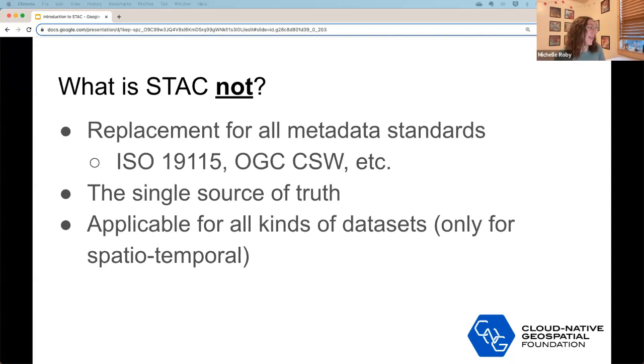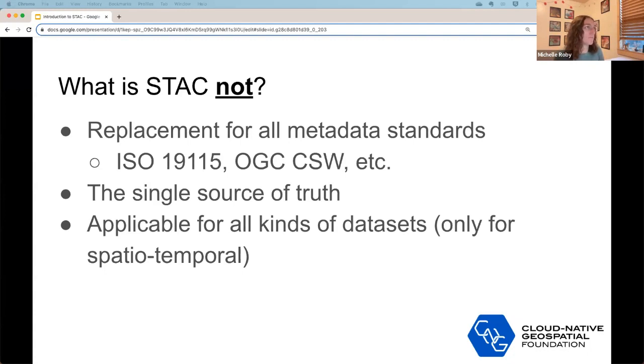Another thing that it's not is that STAC is not applicable to all kinds of data sets. STAC, in its name, is spatio-temporal: space, time. So spatio-temporal asset catalogs can only catalog data that has a space component and a time component, which is geospatial data.